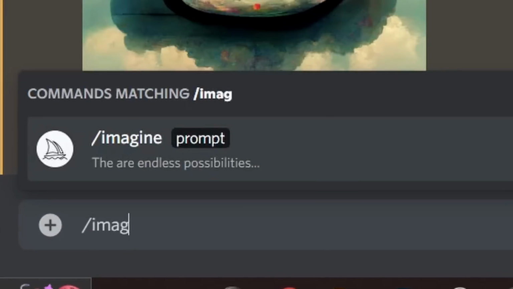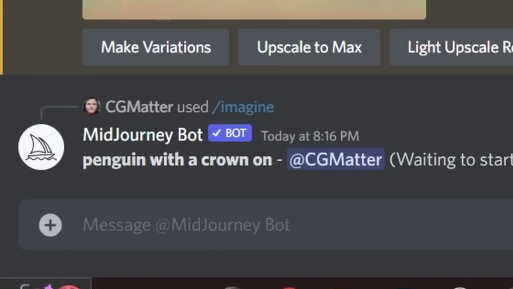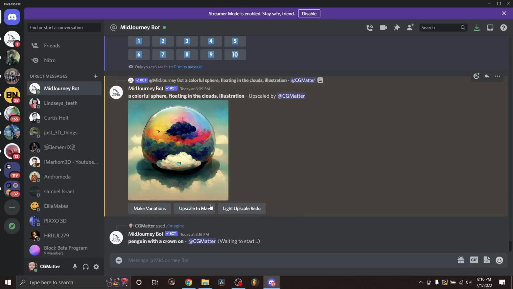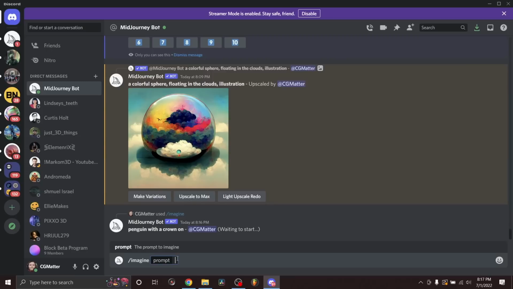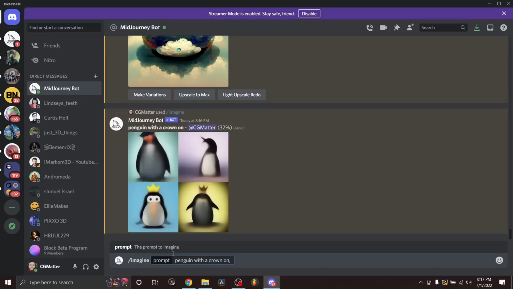So to make something, just type in /imagine and then whatever prompt it is you want, like a penguin with a crown on, and then you just hit enter. And you could get as detailed as you want here. So instead of a penguin with a crown on, and we'll let that process, and it will take a bit for it to show up, we could simultaneously, and you can run up to like 3 or 4 at once, I believe, imagine a penguin with a crown on, comma, and here I'm adding more information,